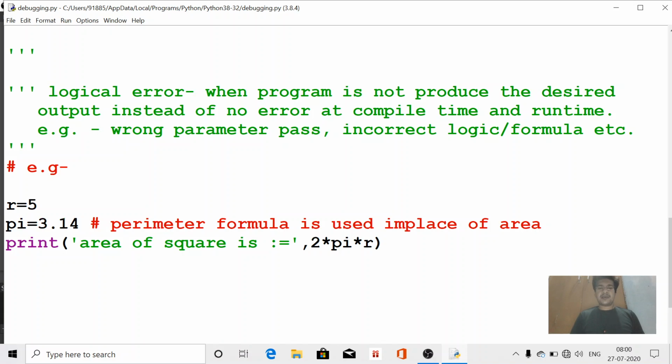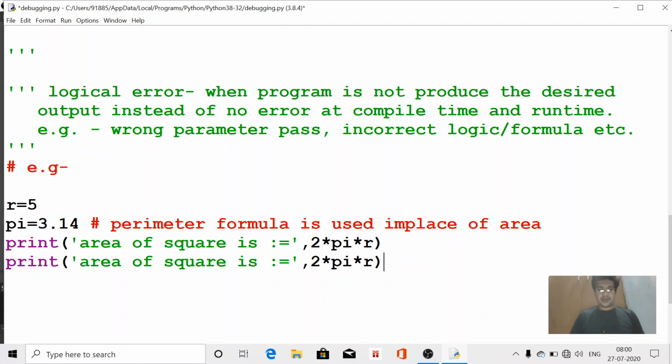If we write the correct formula, what will the result be? This must be pi r square, that means r multiplied by r. Sorry, pi r square is the formula for the area of a circle. Now check the result.